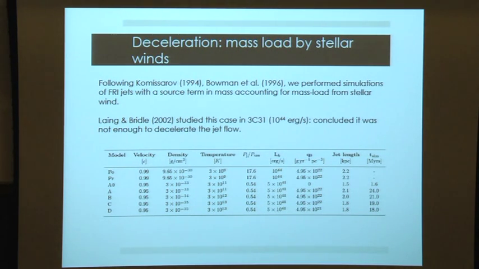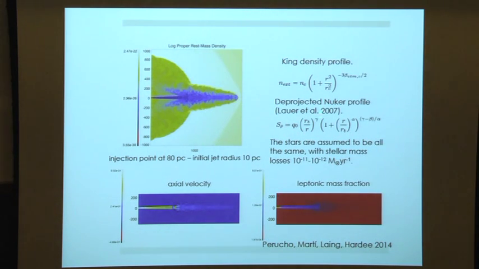This is the value that normalizes the mass load. Here you have the equation. This is the projected profile. We had to deproject this nuclear profile. It's Lauer et al. Sorry, this was the reference. It was here, and then we introduced again this decrease in density, and with this galactic atmosphere coming again with the parameters that we had used in the simulation for 3C31, so Hardcastle et al. 2002, and introducing this mass load by stellar winds with these mass losses, as I said before,